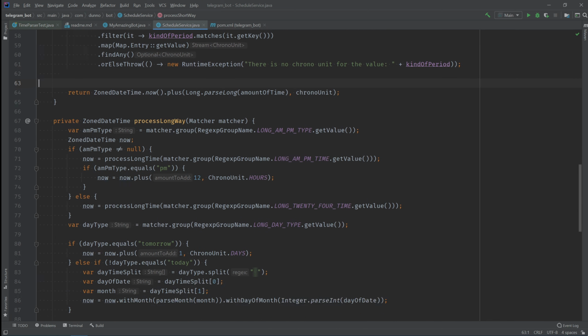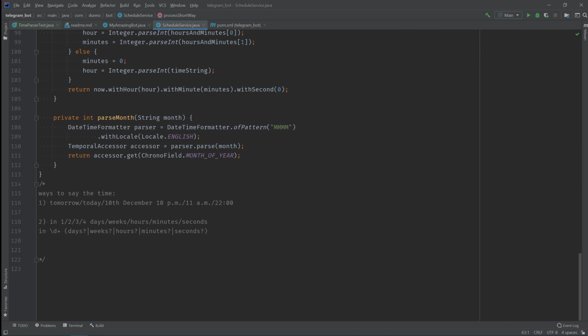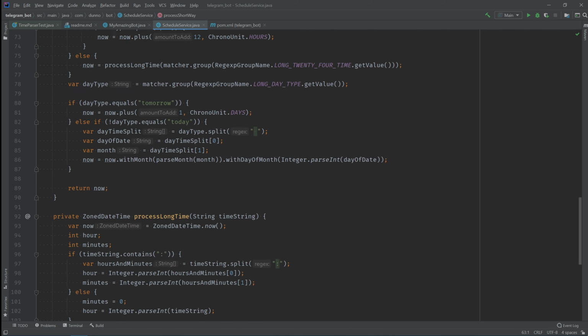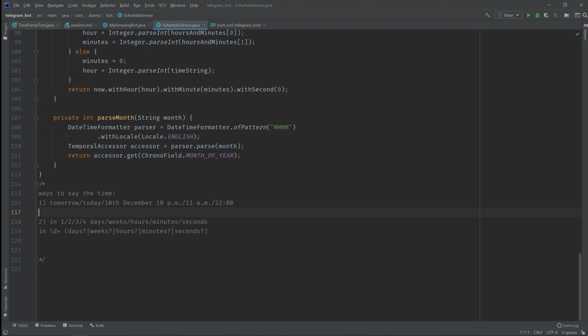So we have basically two ways of processing our input messages. We called them the long way and the short way. The long way is called long because it's complicated. Probably we should have named it the complicated way. So basically, it has